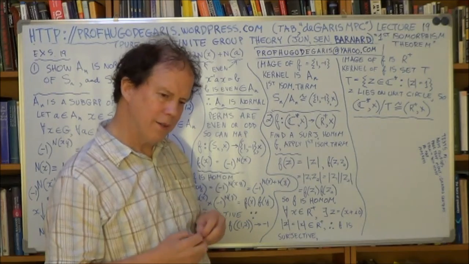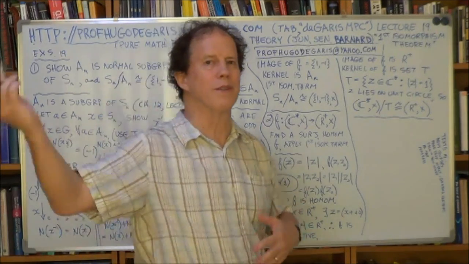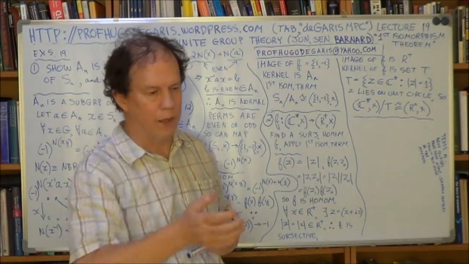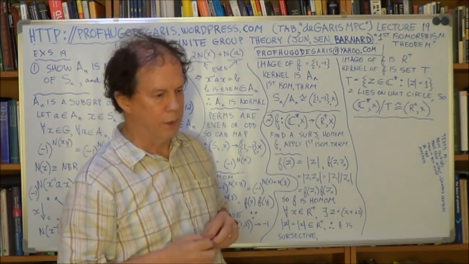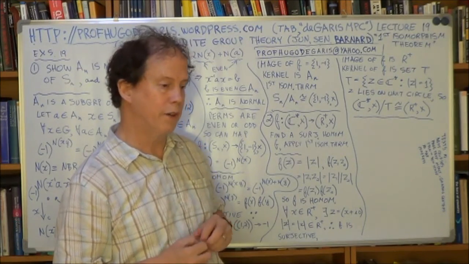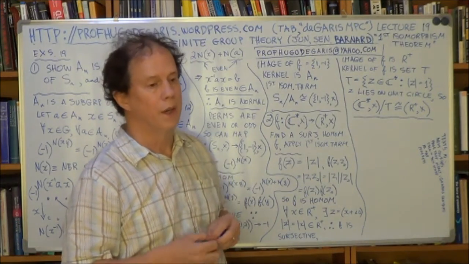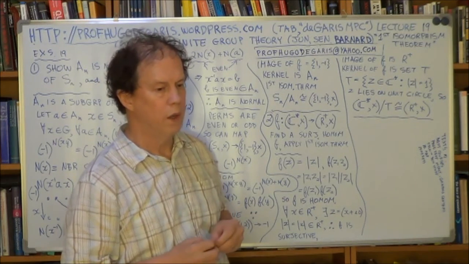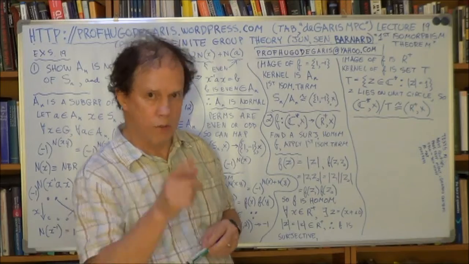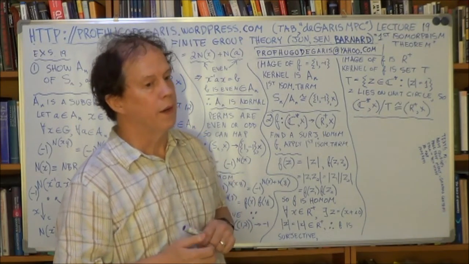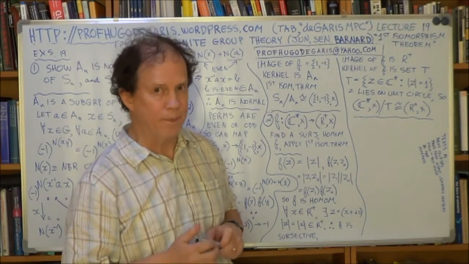Actually now, talking about simple groups is for M1 level, that would be the next level up at grad level. But I can now tell you what a simple group is, because we've done enough theory. We're now at the end of this course. A simple group is one which has no normal subgroups other than the trivial group, just E, or the group itself. So a simple group by definition is